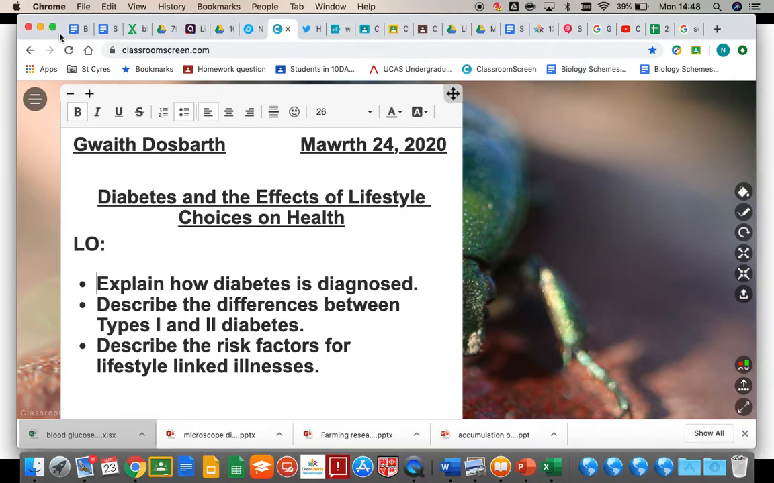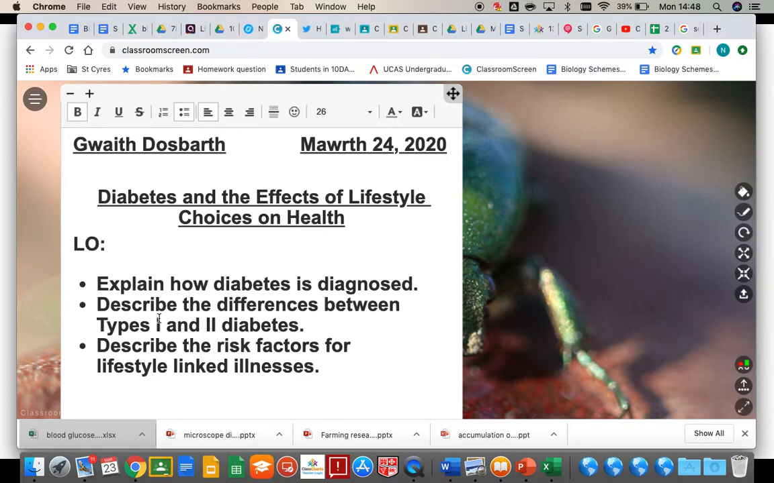Hi, in today's lesson we're going to be covering diabetes and the effect of lifestyle choices on health. So firstly we're going to do a graph plotting exercise to show the difference in blood glucose levels between diabetic and non-diabetic. You'll learn that type 1 diabetes, that's the one you're born with,